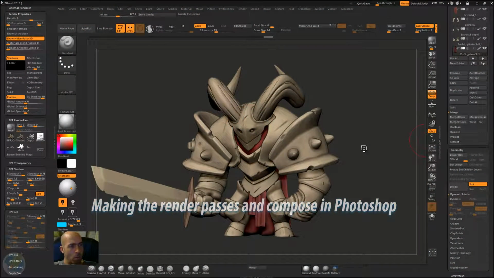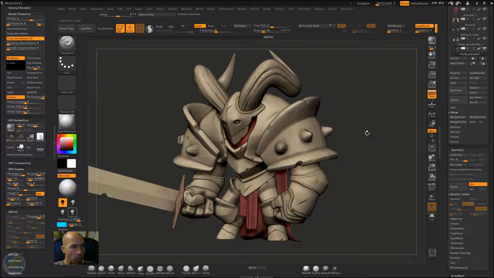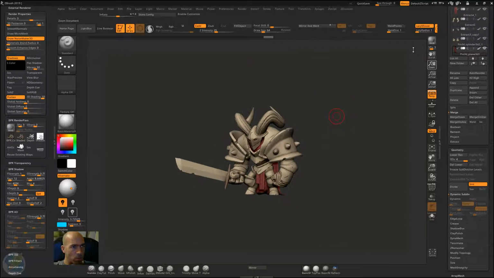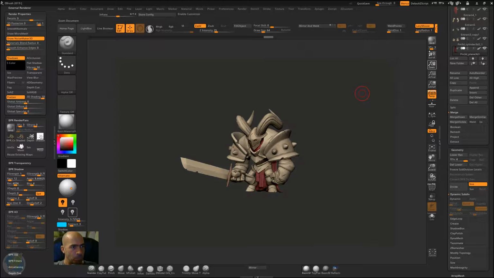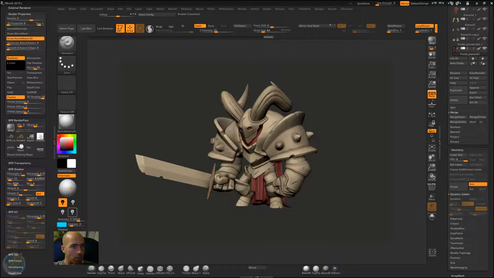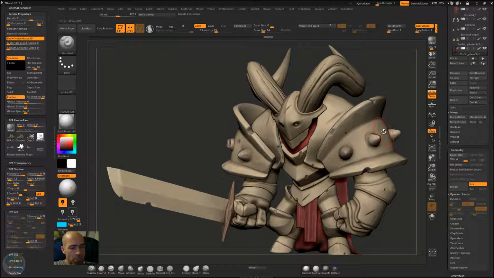So now we will prepare ourselves to make the render. Let's press Actual to be sure that we are on actual pixels. And of course, when we're making the render, probably we will zoom out by just clicking on this button and dragging. Zoom out, and then we'll position our model better. But for now, actual pixels, and then pressing F 2 times, just to be sure that our model is fitted